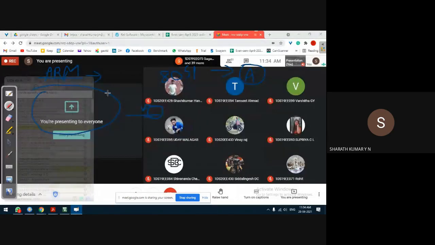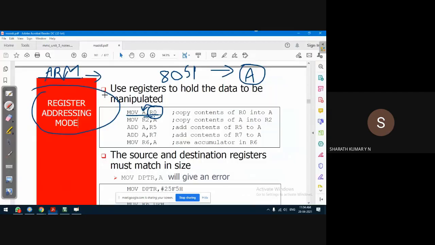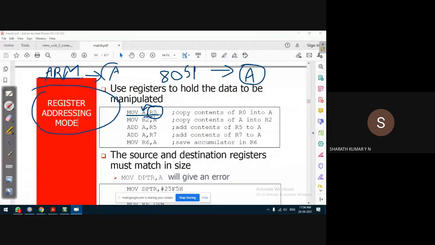These processors are not accumulator based. That means you can transfer data from any register to any register. The compiler does not demand one of the registers to be the accumulator. But in 8051, since it is an accumulator-based microcontroller, one of them has to be the accumulator. If not, the compiler has a problem.